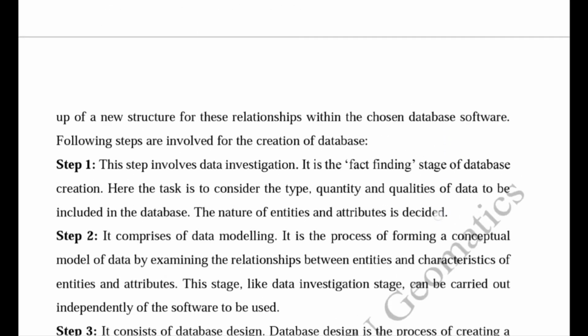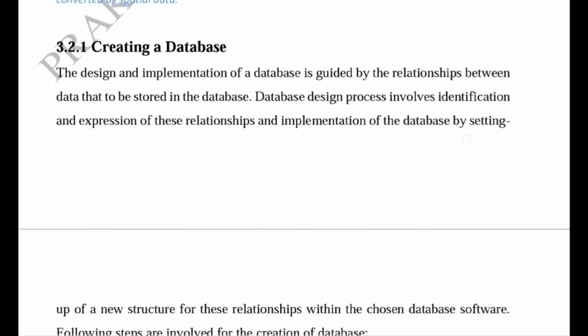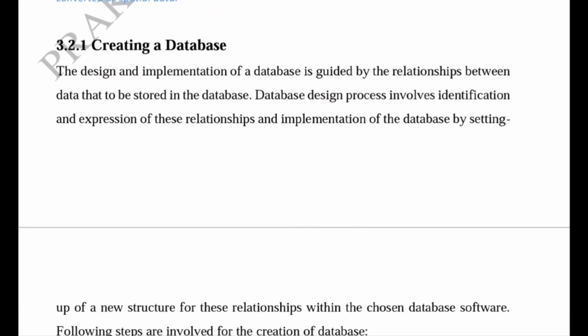Before this, we have to understand that for creating a database, the design and implementation of a database is guided by the relationship between the data, because their logic or relationship must be the same as in the real world. The database design process involves identification and expression of these relationships, and implementation of the database by setting up a new structure for these relationships within the chosen database software.